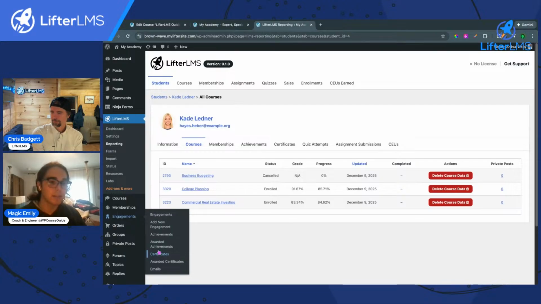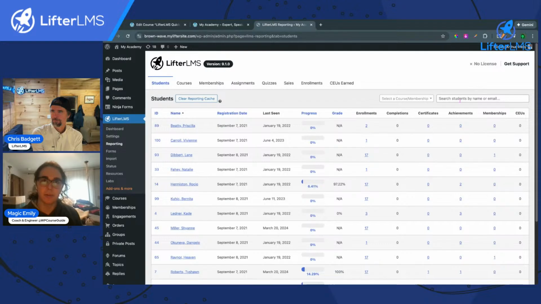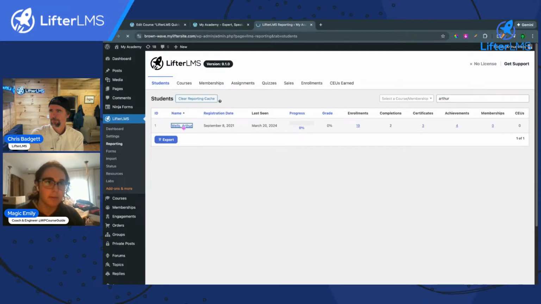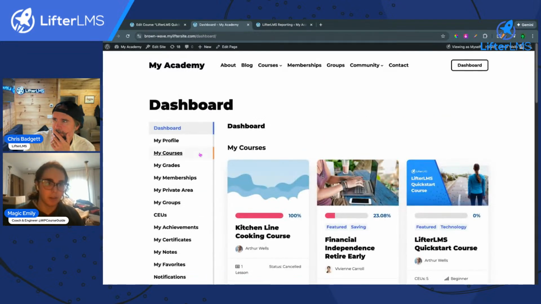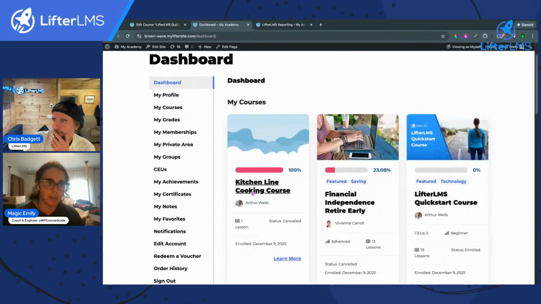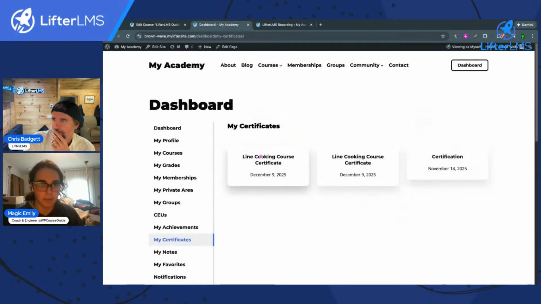So if you have a certificate, let me give you an example on my user account. So Arthur Wells, if I edit my user, we'll see on my dashboard that I have done the line cook course, kitchen line cooking course. I've done it a couple of times and I've earned a couple certificates. You can see I've earned both of them today, December 9th, because I was running a test, but we can imagine that this was earned 2026, this was earned 2025, and maybe I'm going to take the course again for